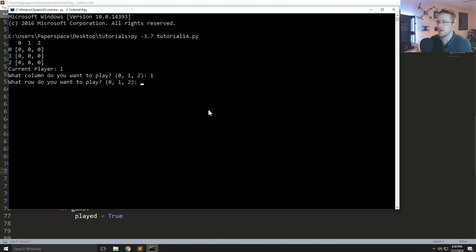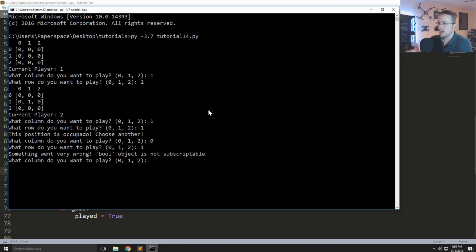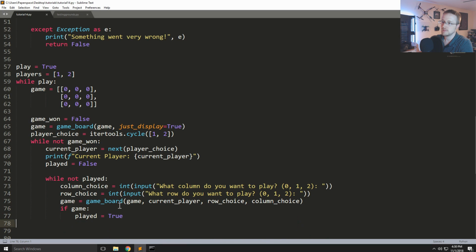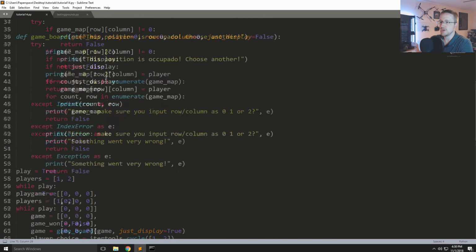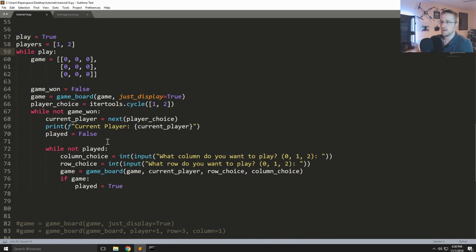Cool. We'll play at 1-1. Okay, we switched to player 2. Let's just play 1-1 again. Position occupied. How about 0-1? Bool object is not scriptable. Played, game. Played equals false. So while it's the case that we've not played,